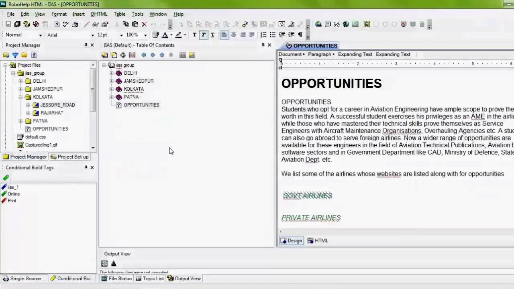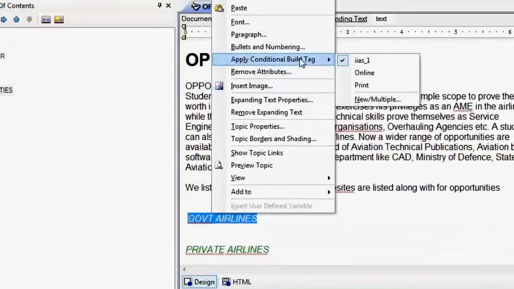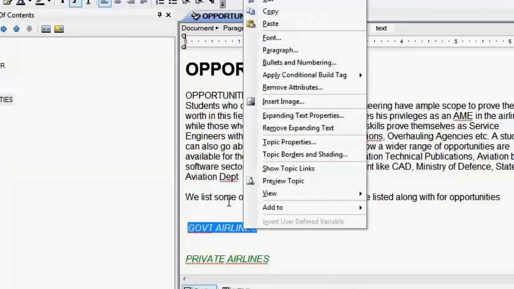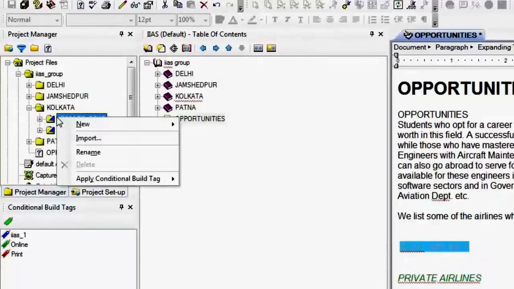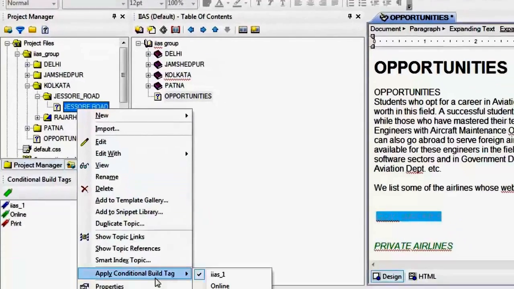Now if you want to remove any conditional tag, just select the content, right click, go to Apply Conditional Tag and click there on your tag name. The same thing you can do with folders. Just open the topic inside the folder, go to Apply Conditional Build Tag, select your tag.